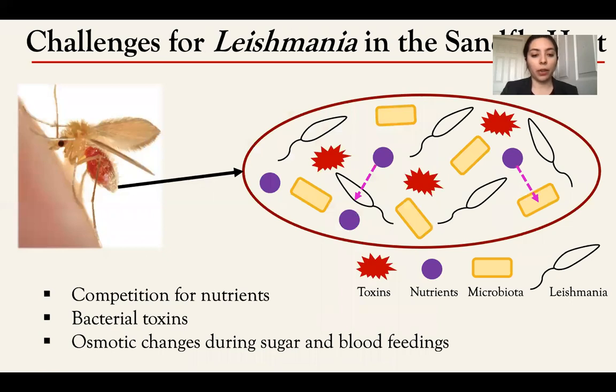So whenever Leishmania promastigotes are surviving in the midgut of the sandfly, it endures many different challenges, such as competing for nutrients with other microbiota, bacterial toxins in its environment, and even osmotic changes during sugar and blood feedings. So Leishmania cells have to endure these stressors in order to eventually form into the amastigote form within the mammalian